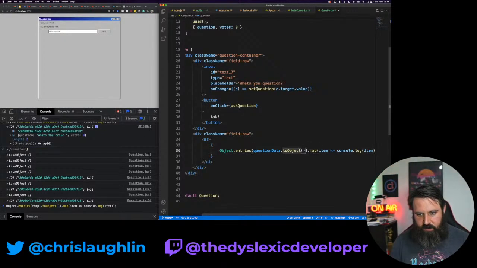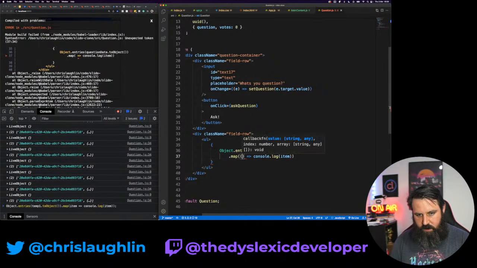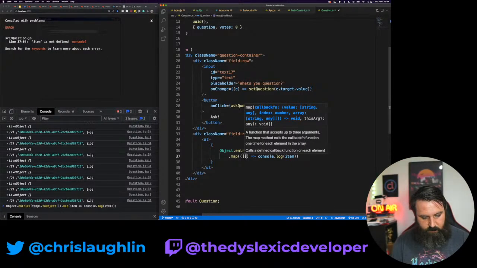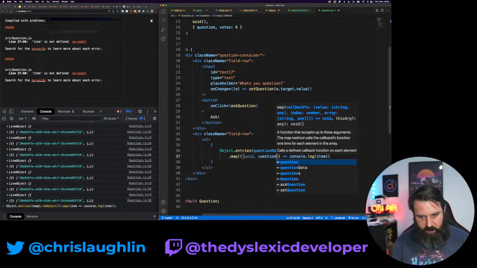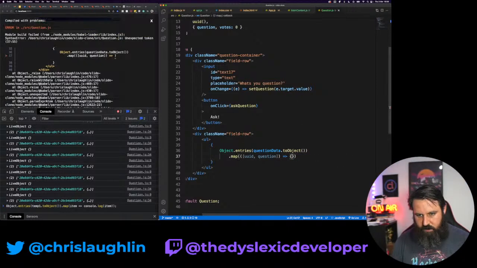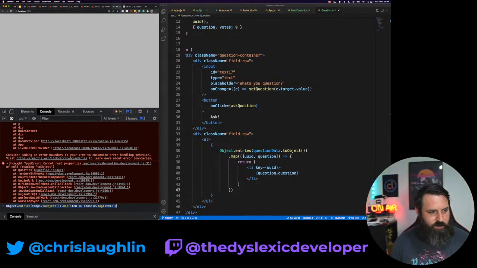So I'm going to say turn question data into an object, grab the entries, map over the entries, and I can deconstruct this, and it's going to be UID and question. Then I can say return. Oh, Copilot, you did me right that time, except for something went wrong.